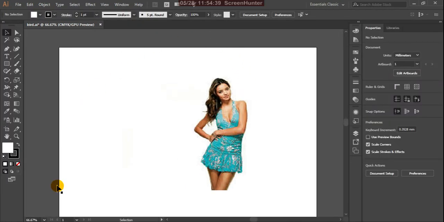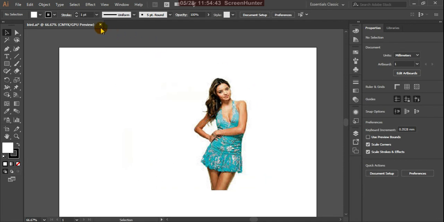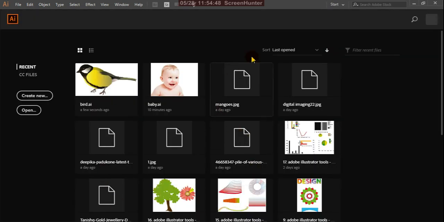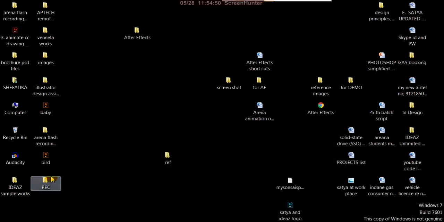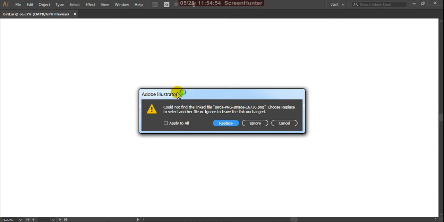That means your bird picture is replaced by this picture. Suppose I delete this, and suppose again you open this, it is telling that it could not find the linked file. And I used replace.